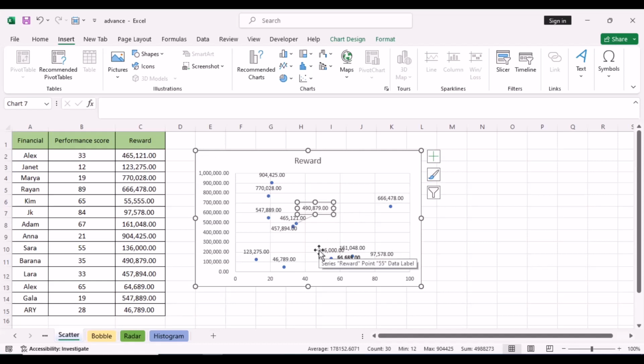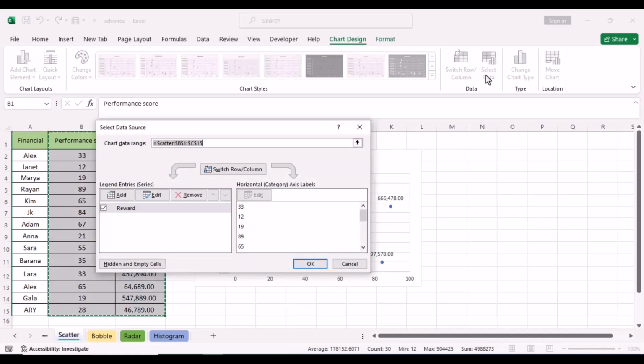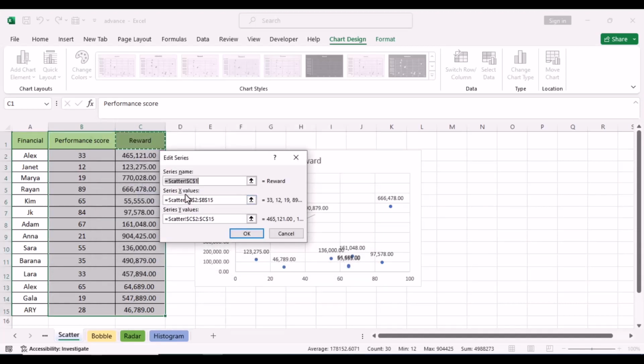If for any reason you need to change the vertical and horizontal axis and the data columns are not movable, we can directly move the X and Y axis in the chart. For this, we select the chart. From the Chart Design tab, select the Select Data option. From the opened window, click on the Edit button and change the values of the X and Y axis